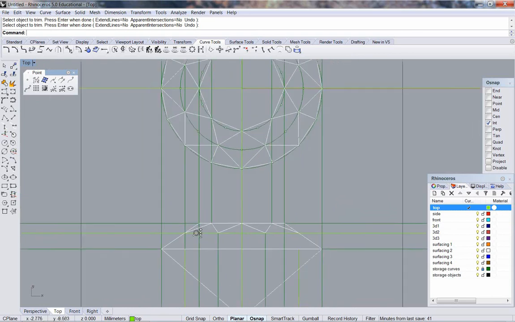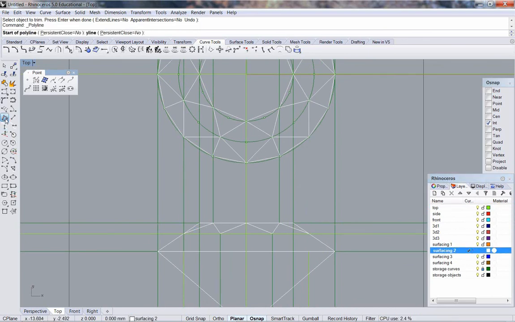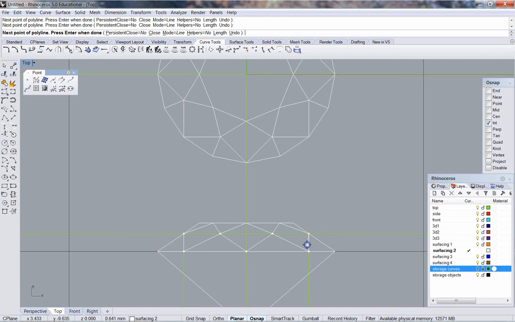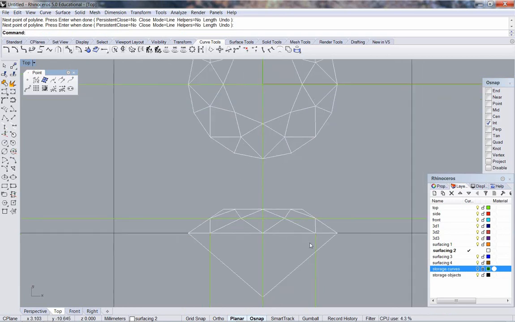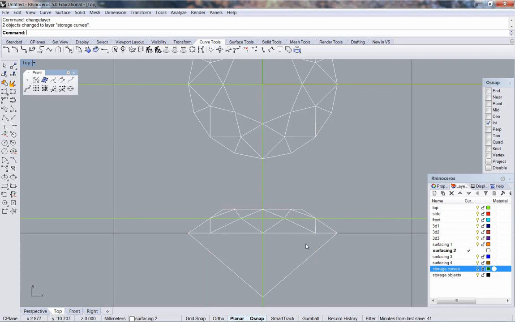Okay. So, polyline. Starting at the hip, going to the point, to the hip, to the point, hip, enter. The last